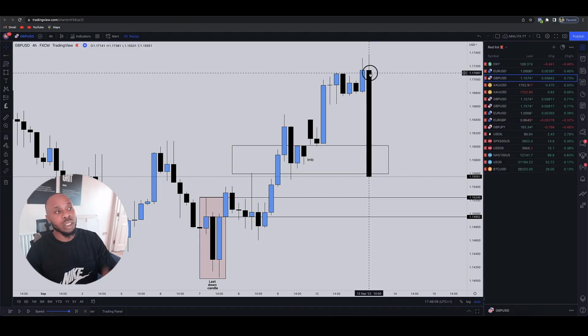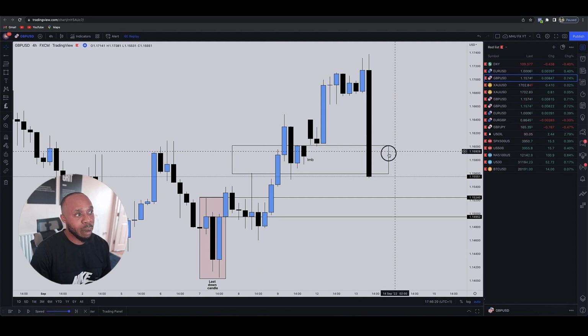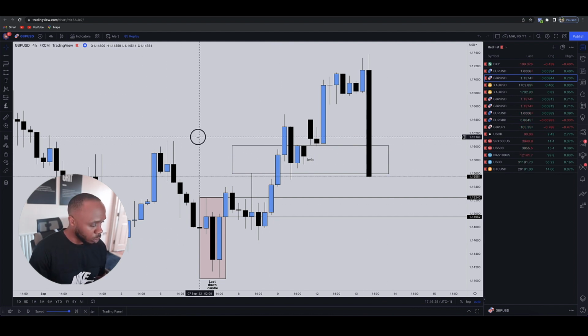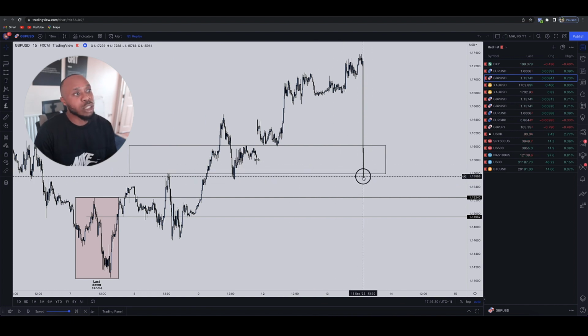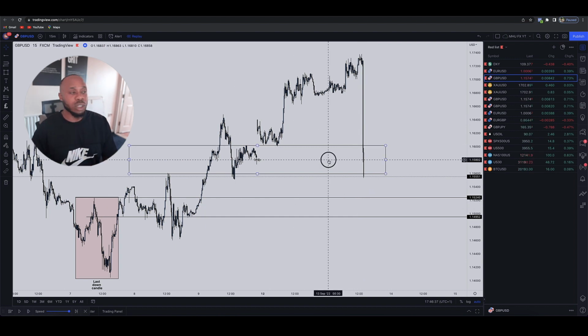They will use news as a smokescreen to get price into their POIs or to run out liquidity or do both. So price traded through this imbalance over here. And what I'm going to do now is drop down to the 15-minute time frame. So this is that daily imbalance. Price trades through the imbalance. And automatically in my head, I'm thinking, look, now we traded through the imbalance. The next point of interest or the next area that I would like price to get to would be the